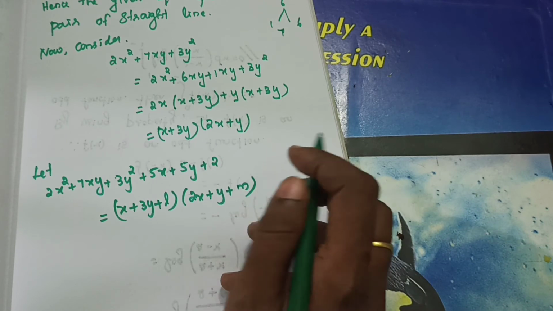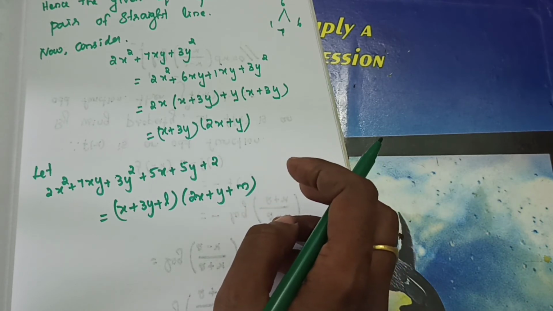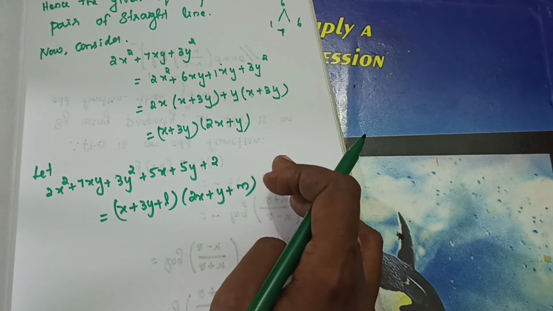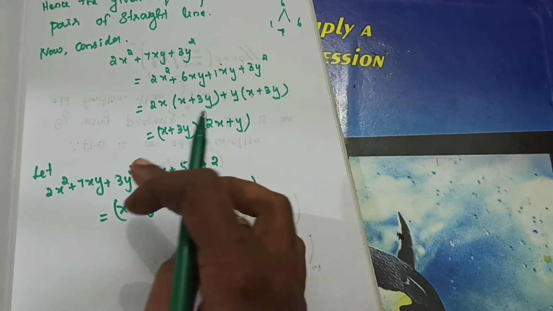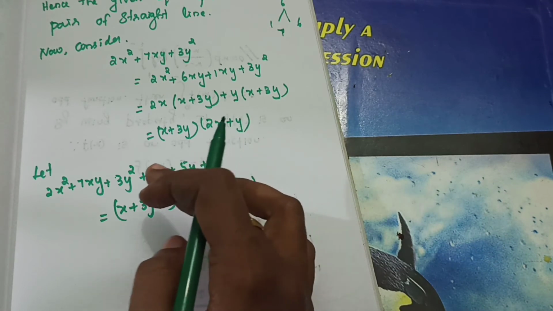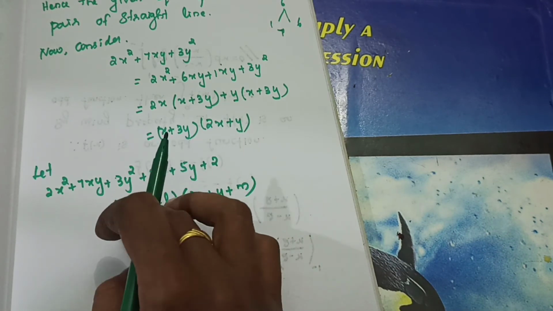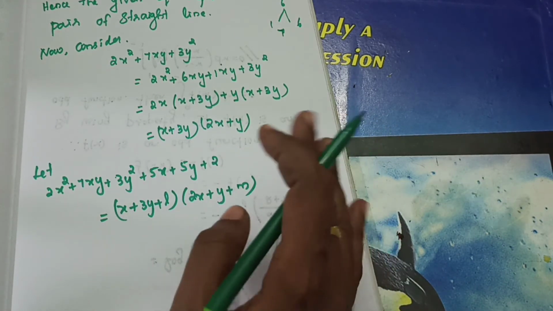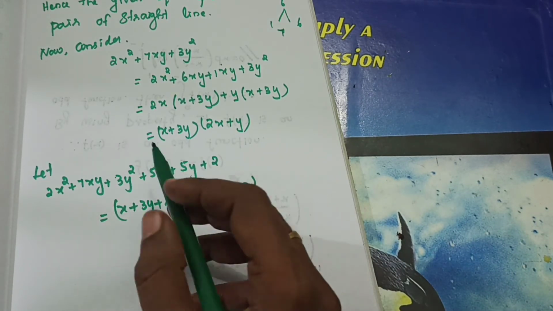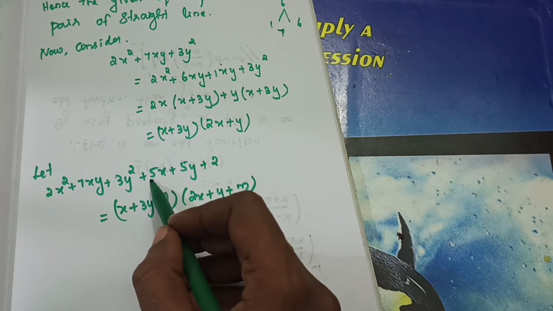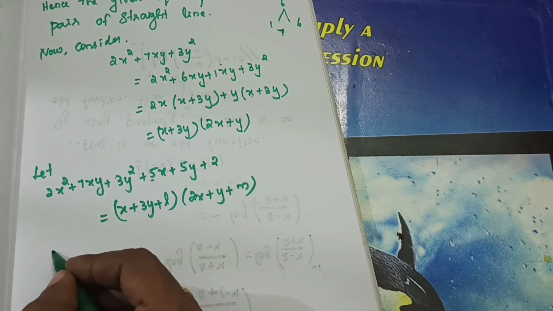Now you need to compare the equations. Understand? If you compare the coefficients of x and y, you will get the answer. Here you will feel it is difficult, is it right? So what's the coefficient of x here? 5, is it right? So first you compare